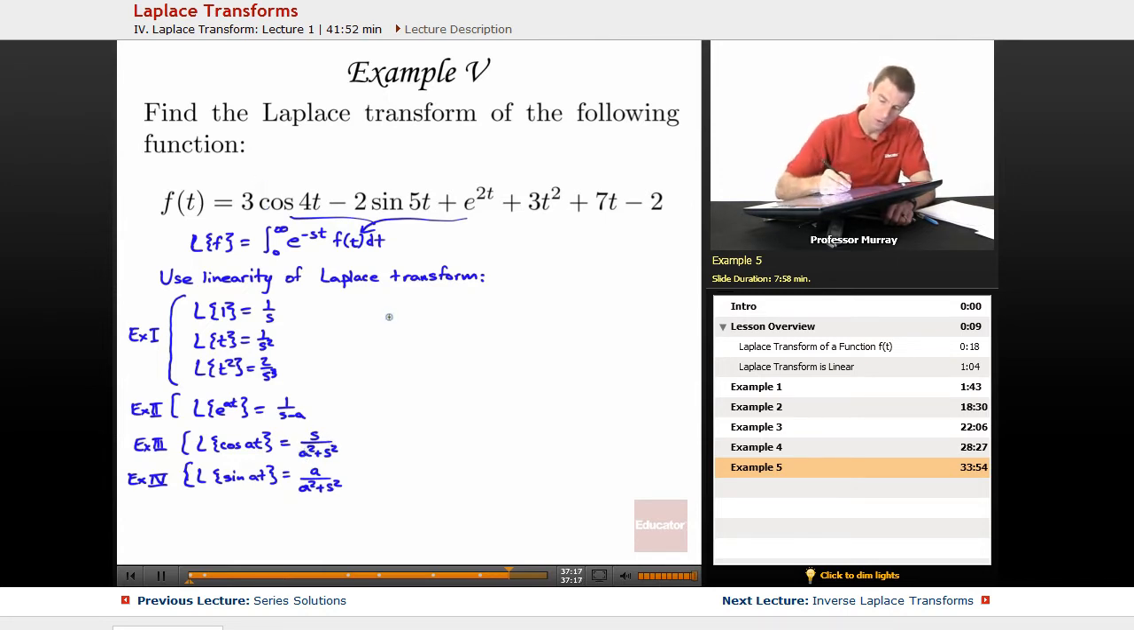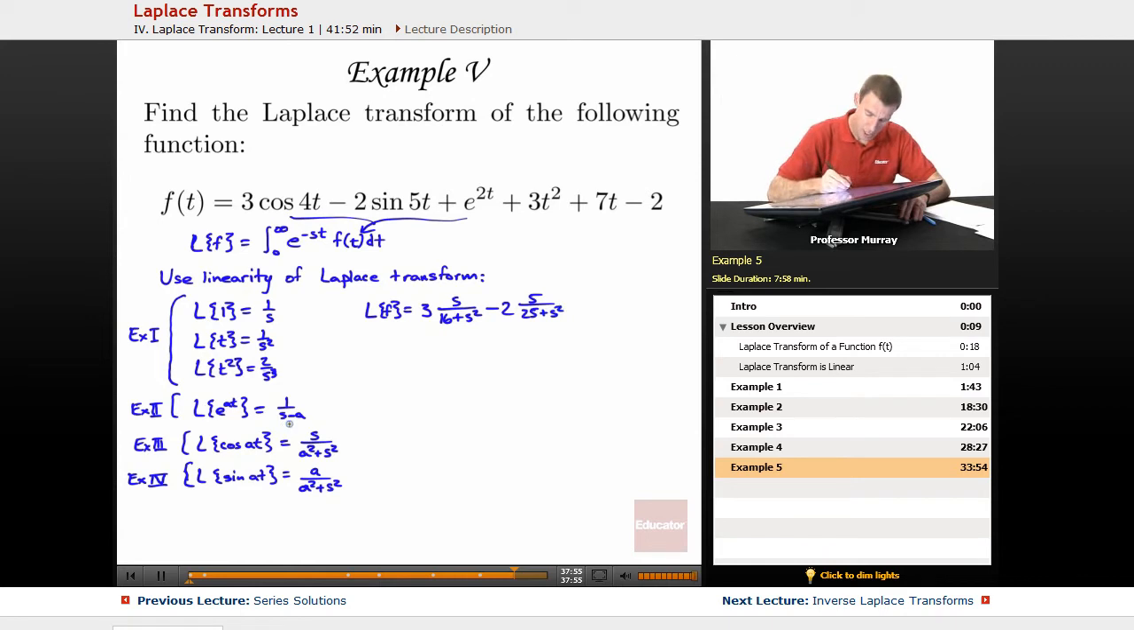So the Laplace transform of f is, from the 3 cosine of 4t, I'm going to get 3 times, now cosine of 4t is going to give me s over 16 plus s squared, because the a is 4 there, minus 2 times the sine of 5t. Well, sine gives me a over a squared plus s squared. A is 5, so 5 over 25 plus s squared,